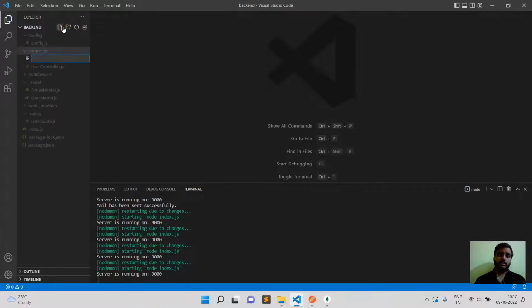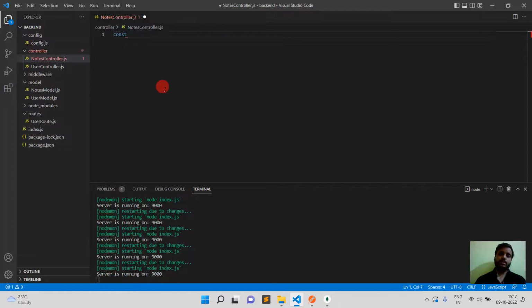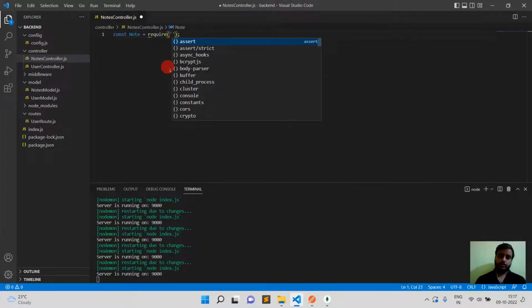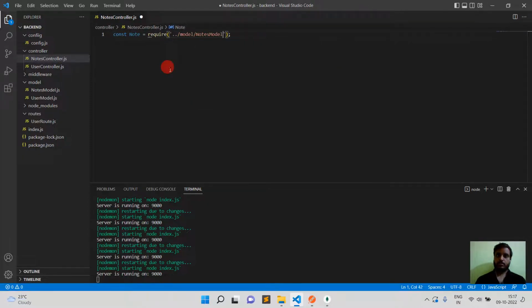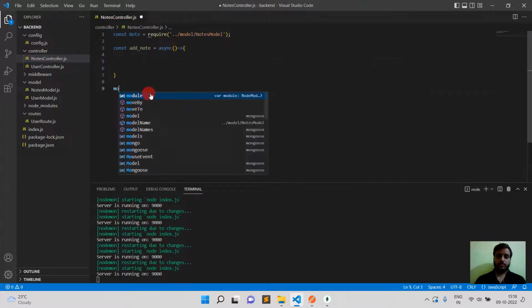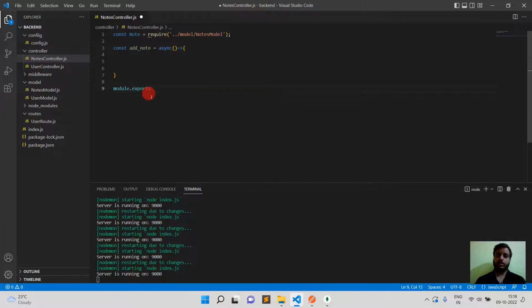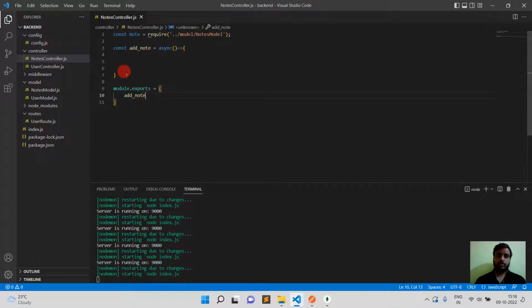In the controller section, we will create the nodes controller and just import this model. So node equals require, and here we will create an add node method, and now export this controller, export this method add node. Okay, and